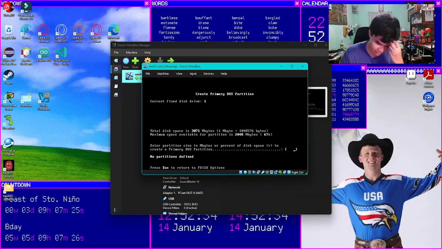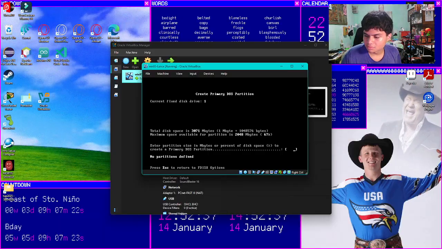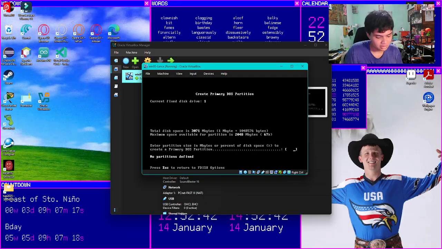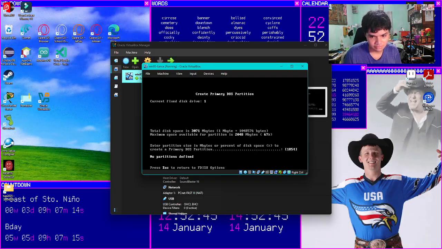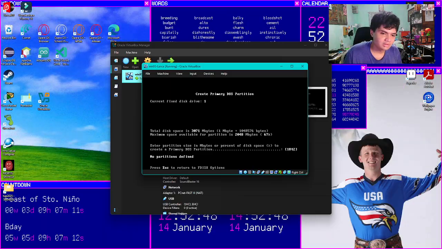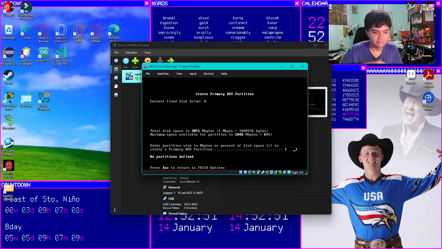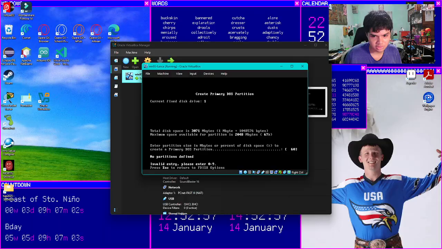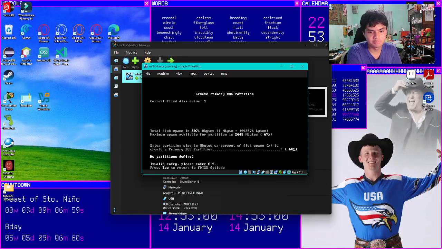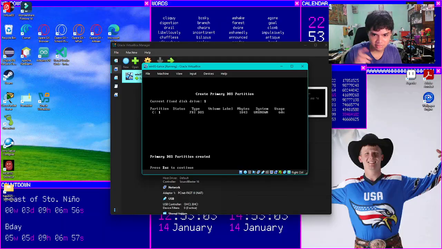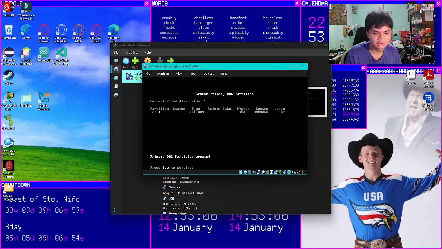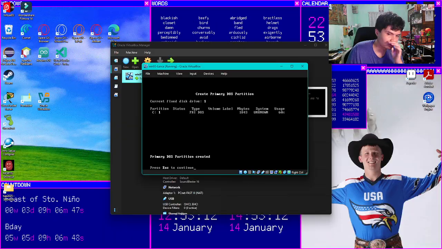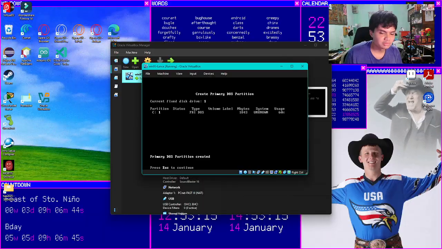So in retrospect, or at least 1142 bytes. So if you want that, you can just put 108.42 and it's gonna install it like that. But I want it to be precise, so you can put the percentage. Hold on, 60. Yeah, 60%. Then press enter. Now it's creating it through 60%. So it's 1842.5. It's gonna just round it up to 1843. Then the primary DOS partition has been created.